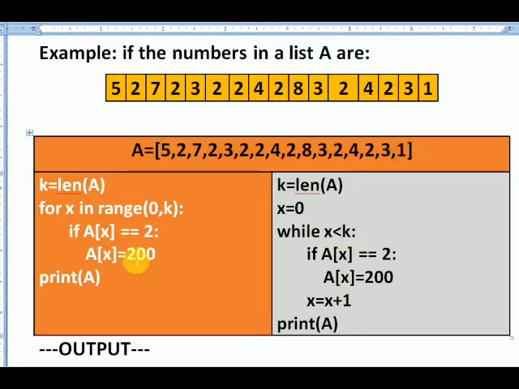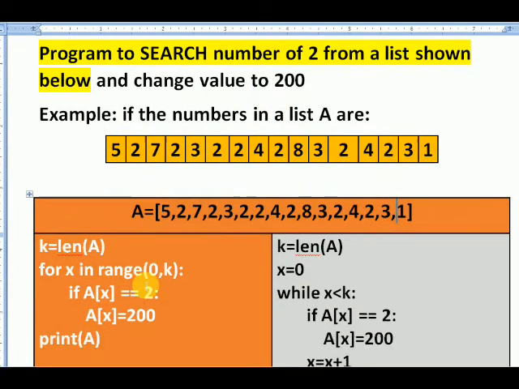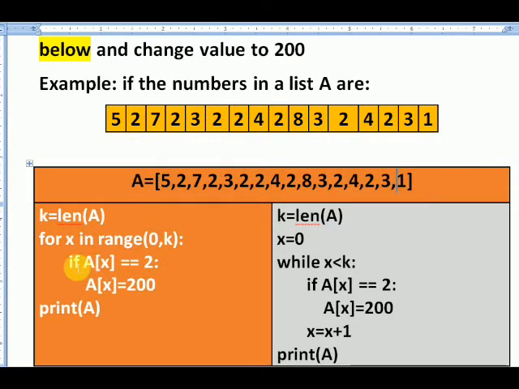We have to find the number that is 2. तो कैसे करते हैं in a linear search? You have to write down if a of x equal to 2. Means a of x, where x is going to be 0, 1, 2, 3. Means first time 5, then 2, then 7, then 2, then 3, like this. And every time you have to check if it is equal to 2 in both the cases. अगर ऐसा है, if it happens to find out that yes there is a 2, तो change that value, means override the value. Means wherever the 2 is there, it is going to be changed to 200. 200 में change हो जाएगा.